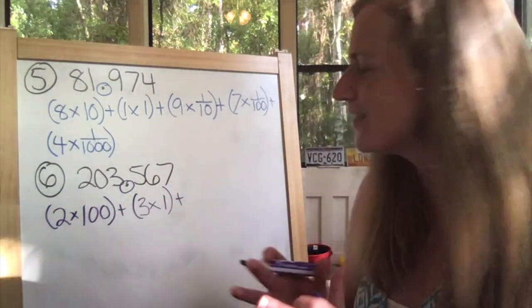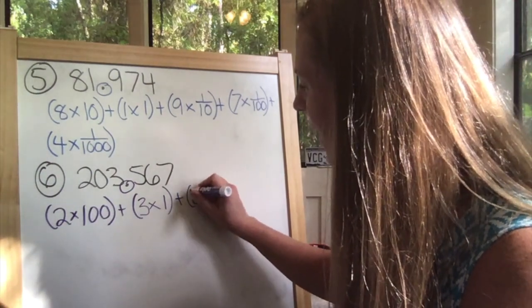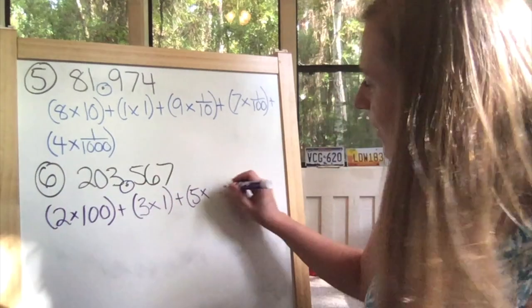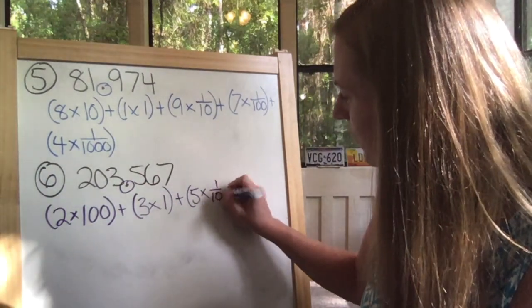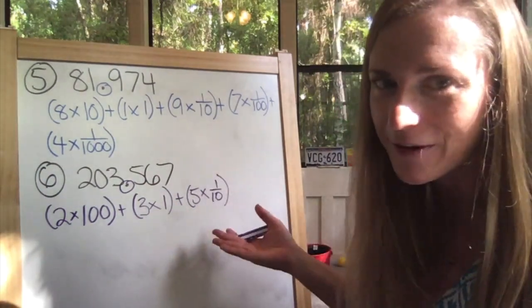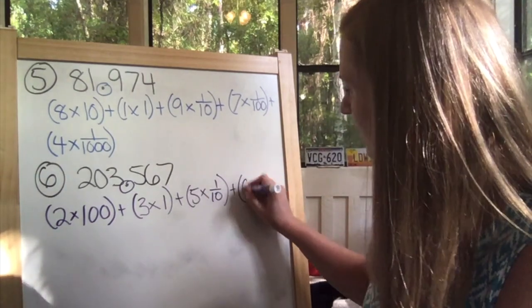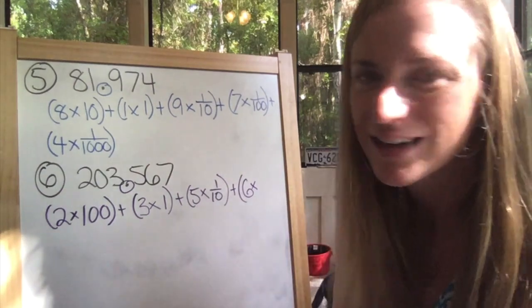That means things are going to shift up a little bit. 5 is in the tenths place, so 1 over 10 or 1/10 of a, plus